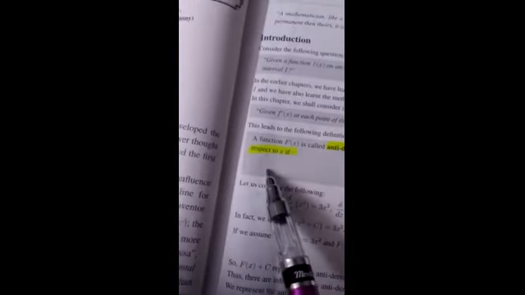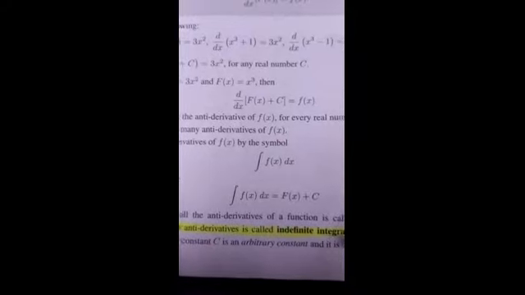F(x) is called antiderivative, or you can say primitive or integral of a given function f(x) with respect to x if d by dx of F(x) can be written as small f(x). In this way, I can explain to you a few of the important definitions. Number 1 is the process of finding all the antiderivatives is called indefinite integration, or you can say simply integration.